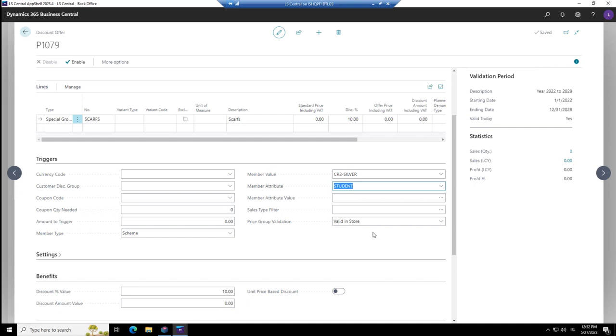So she said, I need 1 club for my staff, and then I need 2 other clubs for my customers. I said, why 2 clubs? She said, because we have 2 brands. We have stores with brand A and we have stores with brand B. And I said, you're right. That's a very good idea. So then the lady went very happy back home with her new ideas how to use member management with LS Central. And I hope you have as well got some ideas and seen the possibilities and options that member management has in LS Central.